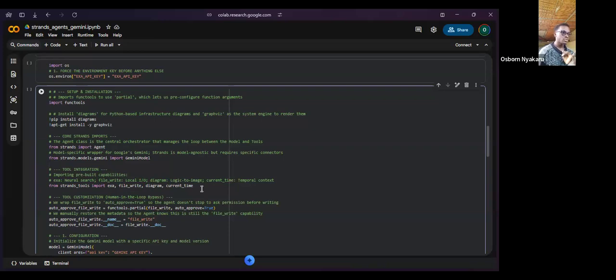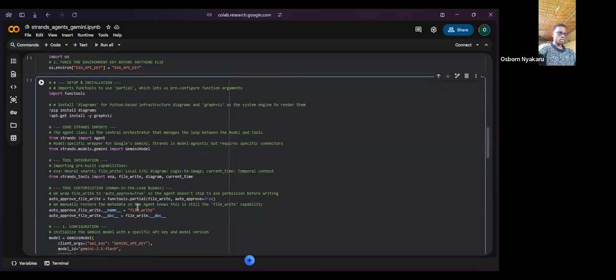Then we have FileWrite, which writes everything it's fetched in a structured format. Diagram is for creating a mermaid diagram or a simple description of what Strands Agents looks like, and I'll show you in a few. Then we have current time, which is not very important, but that's what we had.